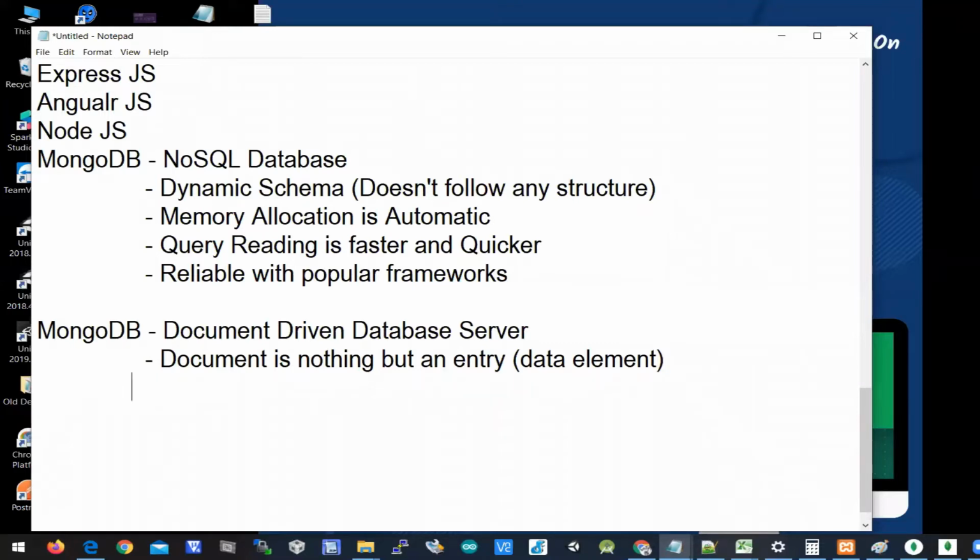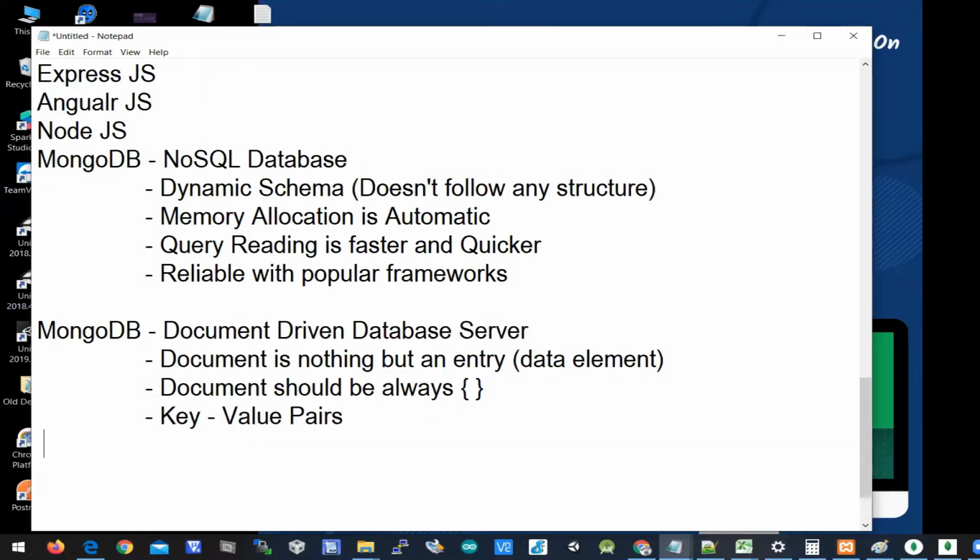A document should always be enclosed in flower brackets, open and close, and it will hold only key value pairs, something like a dictionary in Python. If you are aware of Python, this is the format of a dictionary, right?